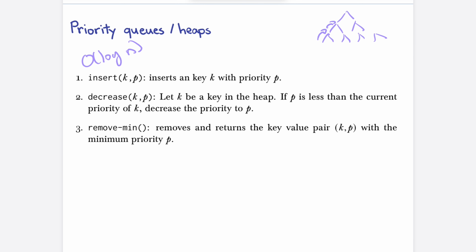How long would the decrease take? Log n. You find the value in your heap wherever it is, you decrease the value, and you just start bumping it up until it can't go up because the parent is smaller. We keep things in heap order, where we make sure the parents are always smaller than the children. The tree only has height log n, so that bounds the amount of time. And then if I wanted to remove something from the root,